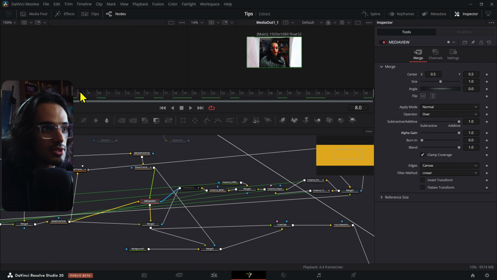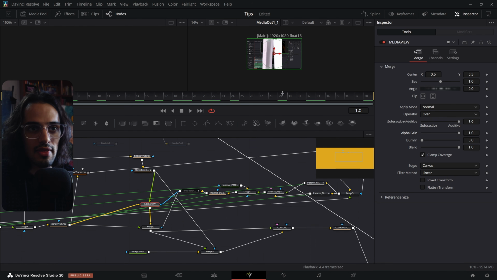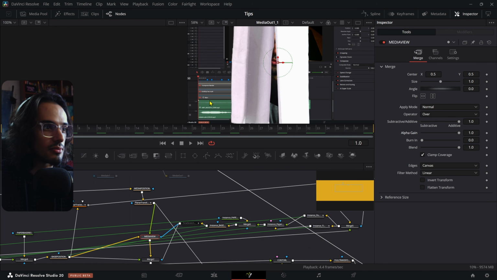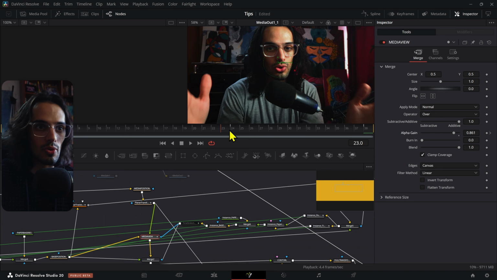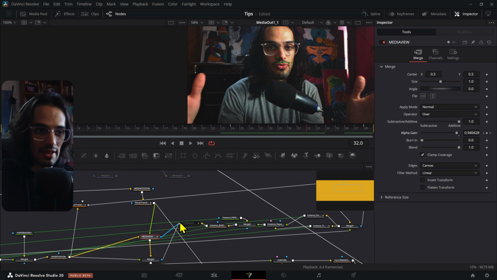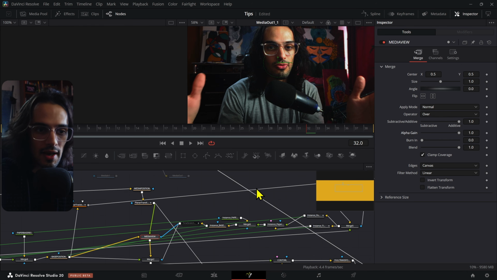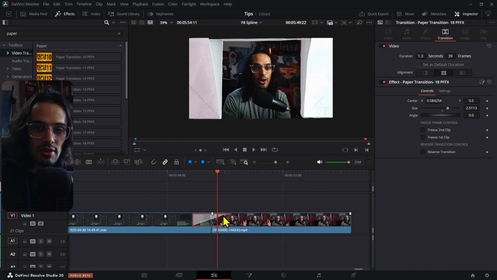Now you can also do this if you have set up the timing of it. If you like these to be, let's say, 38 frames, we can also just set the alpha gain from maybe here, these 24 frames to the 38. When it's over, set it up to be 1. So then it just sort of becomes clear like that. I left these all as a group so that you can also modify things and adapt them to whatever your needs are. So if you want to get rid of the texture, just go into the transition and